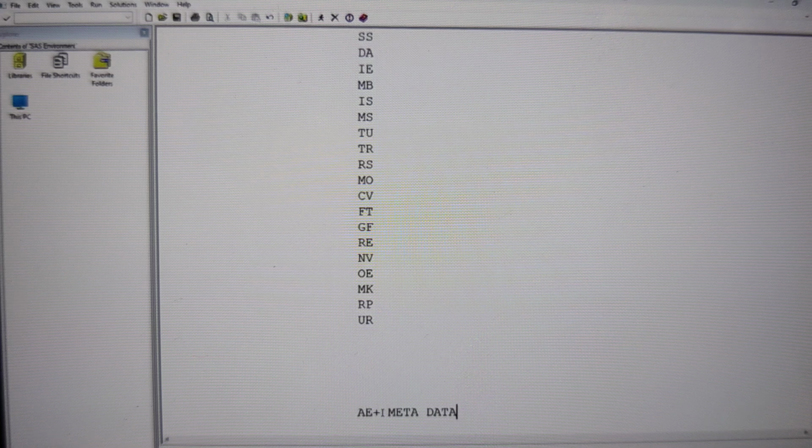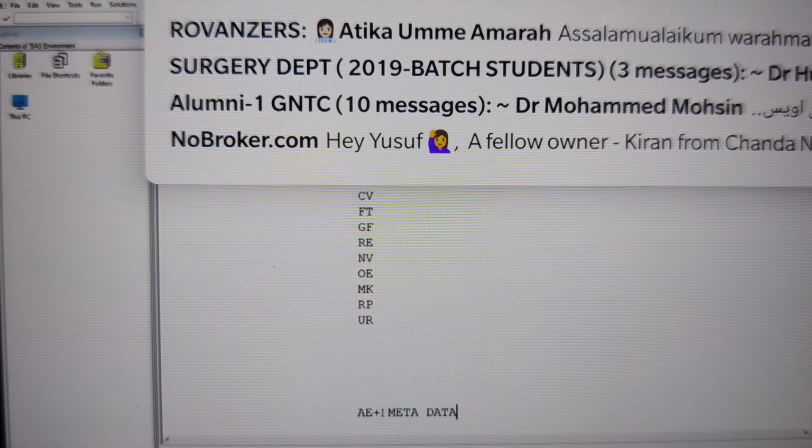Understand this one? If only the data is submitted, I cannot understand what is the length of each and every variable, what is the label of the variable, what is the type of the variable that you have mentioned. I don't know, unless we can see the metadata. So we are going to submit the metadata.